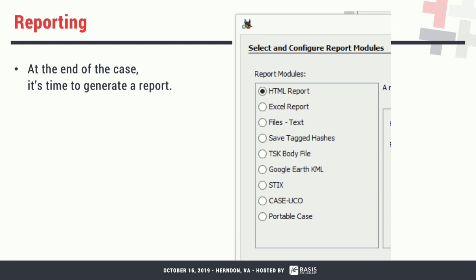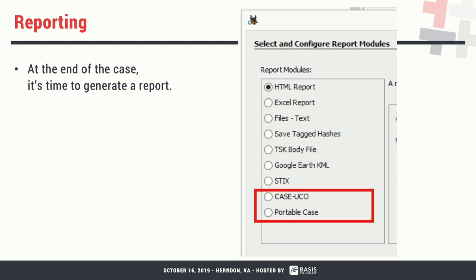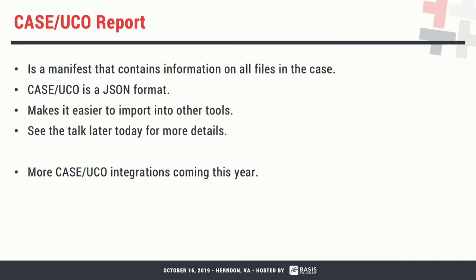Reporting. So last part of the workflow here: we made a case, we had a data source, we analyzed some stuff, modules were going off behind the scenes, we tagged some things. We didn't talk about tagging because nothing changed there, but there's tagging infrastructure. You make a report. And here's a list of modules that come out of the box with Autopsy. There's other third-party add-on modules. You'll see some this afternoon, but these are the ones out of the box. There's two on the bottom that are new this past year, so let's go through those.